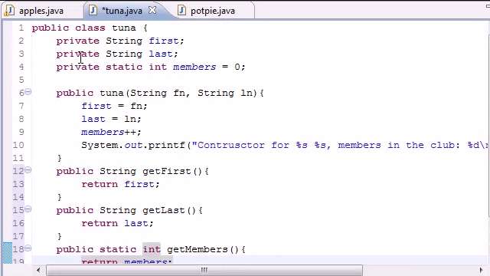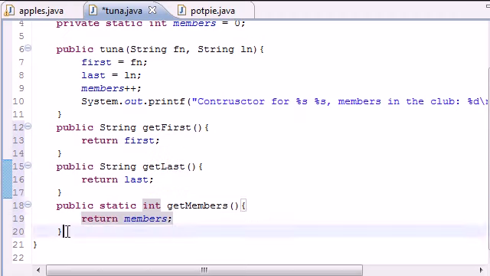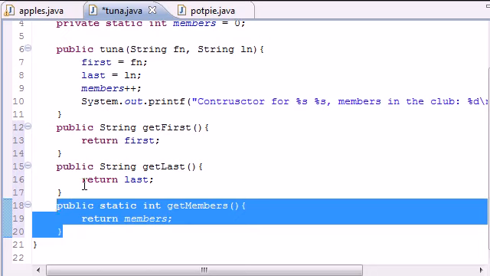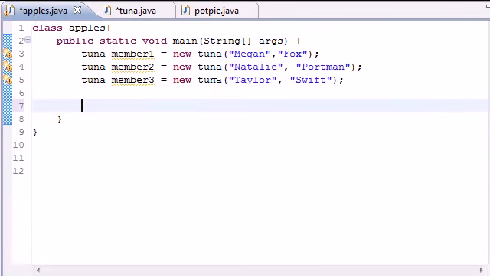So now we have three variables up here: a private first, a private last, and a private members, which is static. This method returns the first name, this method returns the last name, and this method right here is going to return the variable members. So now that we have three objects made, go back in your main Apples class, or whatever you called it, and let me show you how each member has its own set of